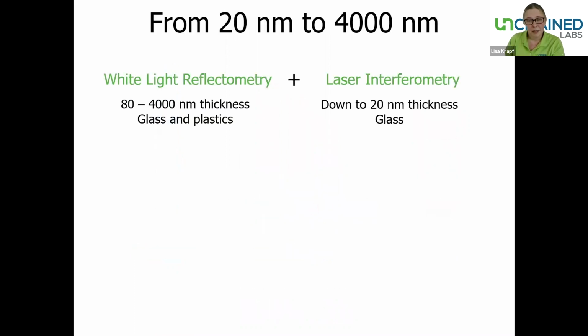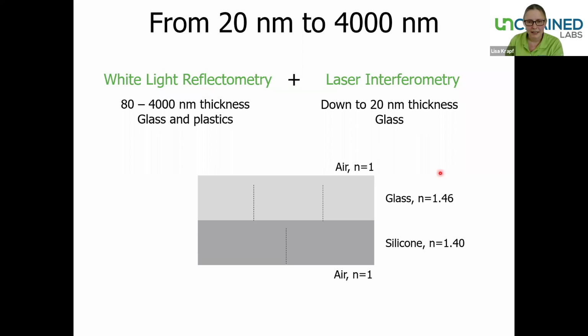So here's a bit more detail about how we actually measure the layer thickness on all the positions the system evaluates. Bouncer actually uses a combination of two techniques. One is white light reflectometry and one is laser interferometry. Both basically use interference from light that is reflected at two different interfaces we can see here in that sketch. One interface is the boundary between glass and silicone, and the other one is the one between silicone and air. And the light reflected from both of those interfaces interferes, and we use that interference to evaluate the